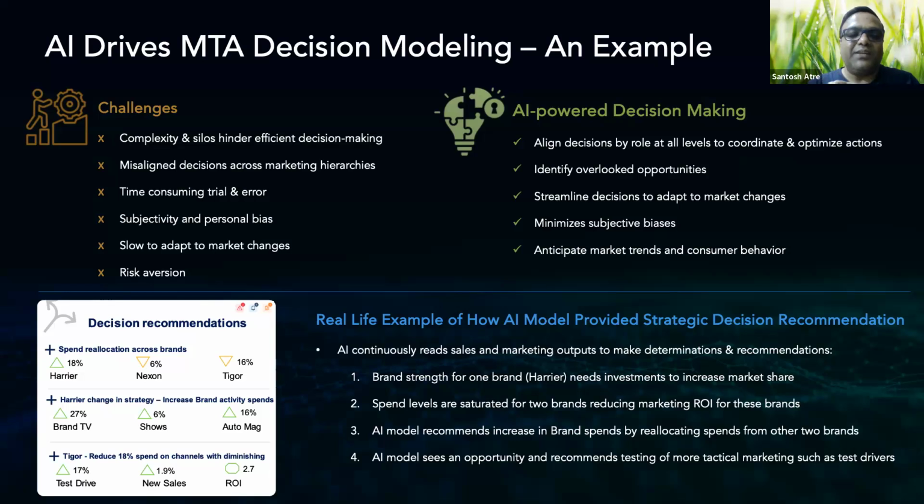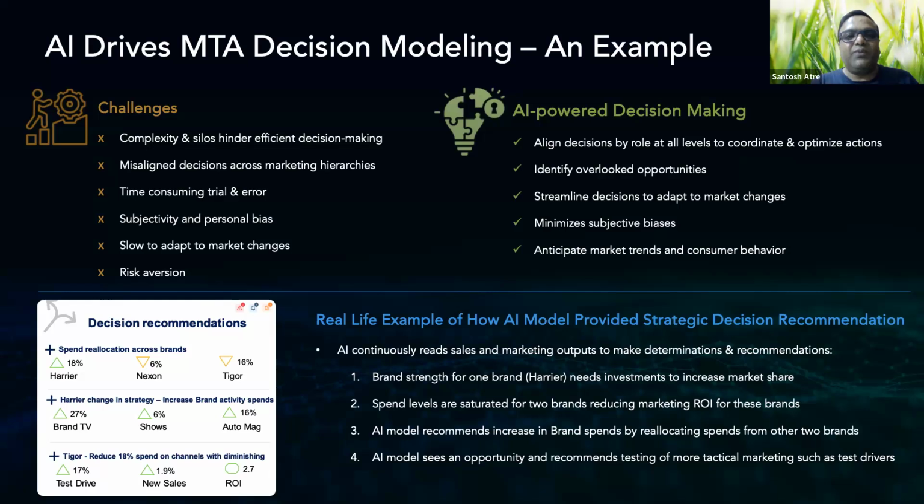A, should I move my spends from two brands to one brand? And is my brand for that particular car suffering? And if it is suffering, what should I do about it? So it is giving you those four decision points that you want to make. And so now your discussion is pivoted from understanding what is happening and why it is happening, to saying, okay, this is what is happening, and what can I do about it? And of course, all of this is supported by analysis in the back end. And if analysts want to go and verify that, they will be able to verify that.